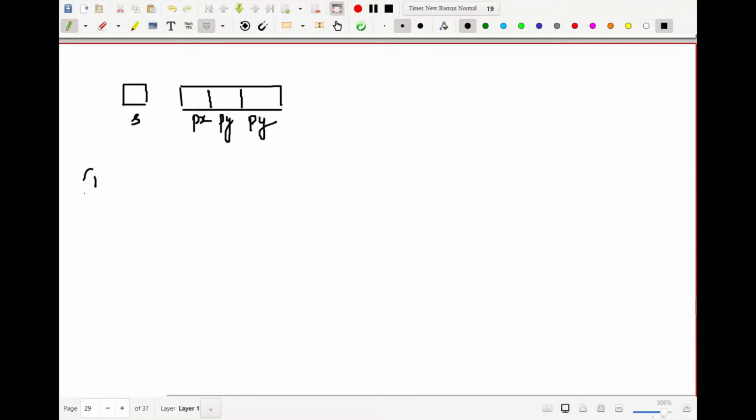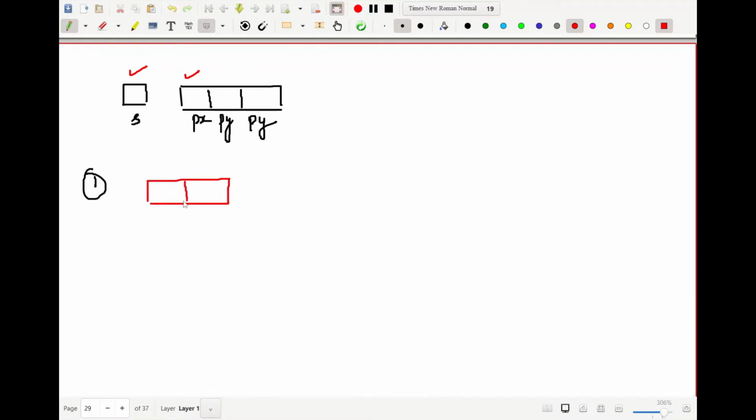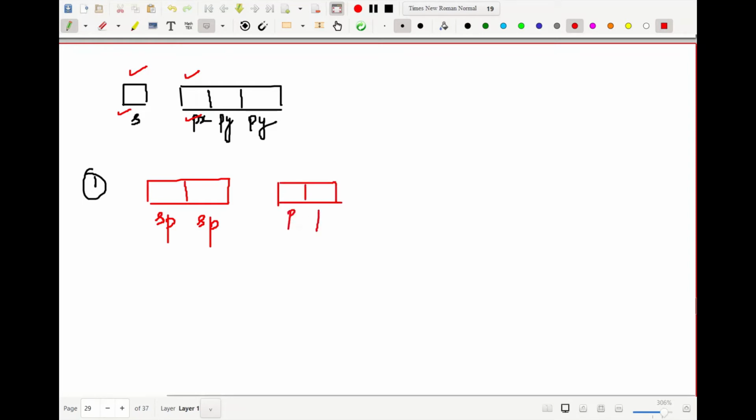If I talk about the mixing of s and p orbitals, the first case scenario I can have is the mixing of one s with only one p. So if I mix one s and one p together, how many orbitals will I be getting? Just remember the rule. The second rule said that whatever is the number of participating orbitals, we'll be getting the exact same number of hybridized orbitals. So if we mix one s and one p, which is two orbitals together, we will be getting two hybridized orbitals. Each of them is going to be sp hybridized, and we are going to be left with two unhybridized p orbitals. These two are unhybridized,